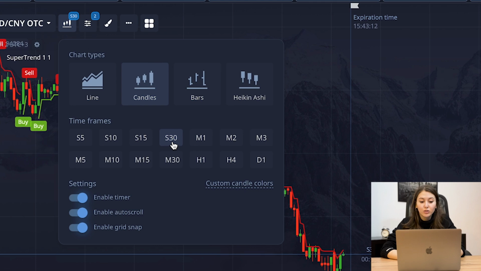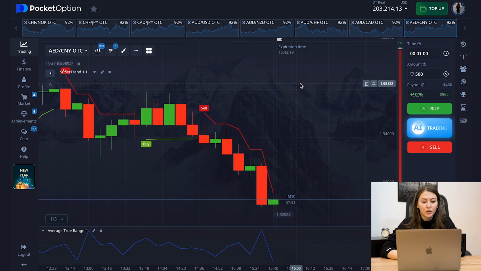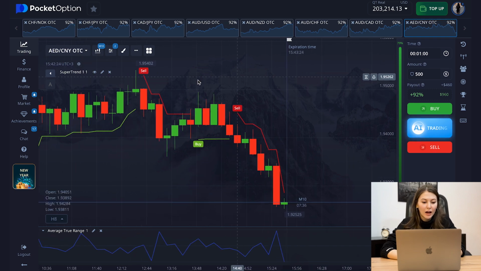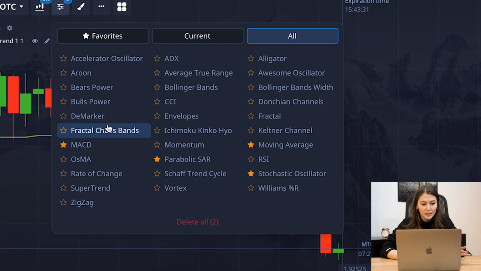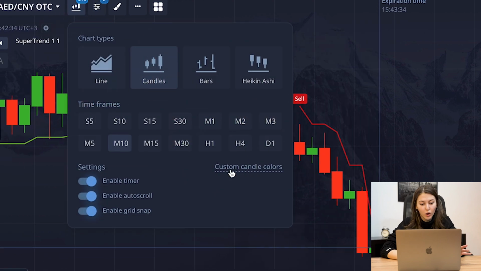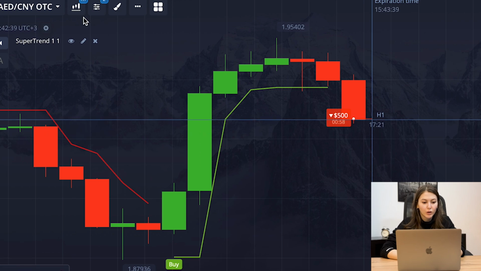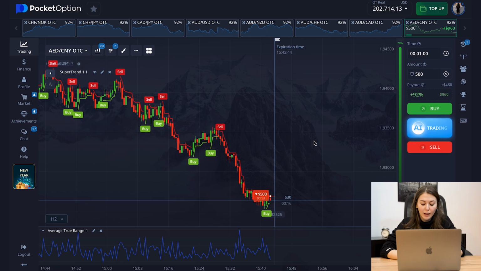So usually I use 30 seconds for candles. After that I look through 10 minutes so I can see what's happening in the market in the different time frames. As you can see, we continue to have a movement to the downwards, still same things on the indicators, and let's see what's happening on the 1 hour time frame, and we have the same situation. So I'm going to put the sell in and let's see what's gonna happen in just 1 minute right here,